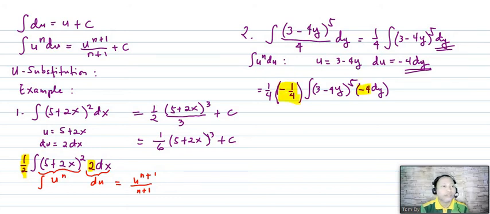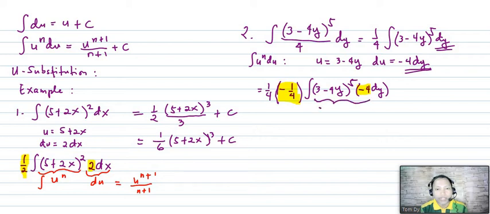Okay, so the original is 1/4 times the integral of (3 minus 4y) raised to 5 dy. Since we have negative 4 in our du, I will write here negative 1/4. Therefore, this one is now